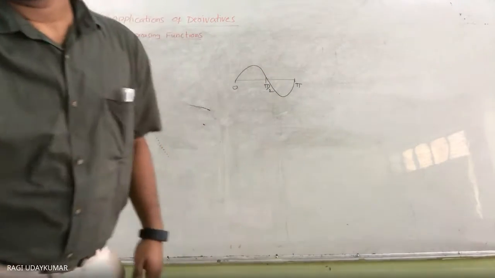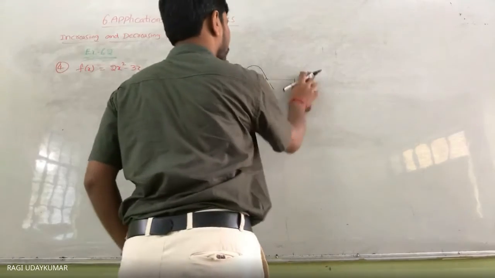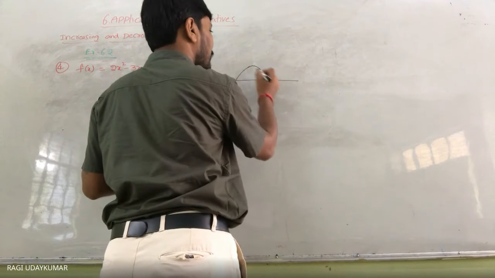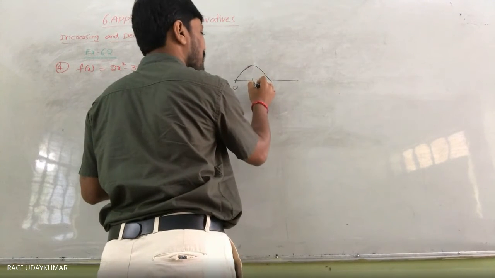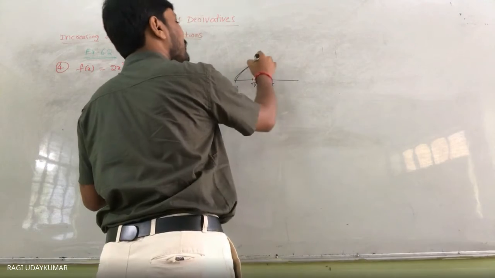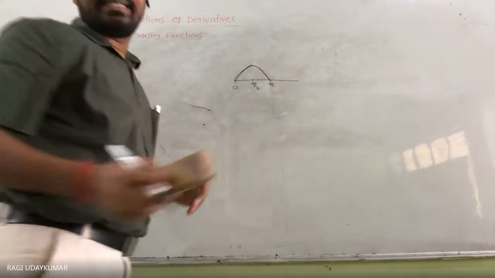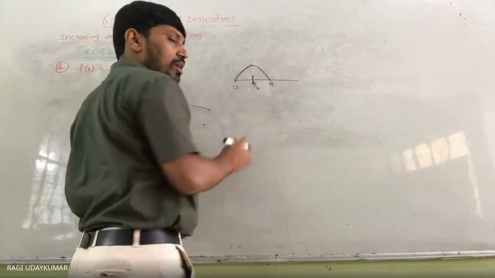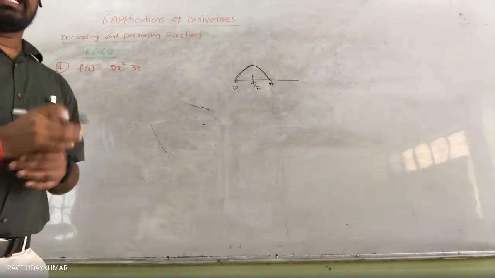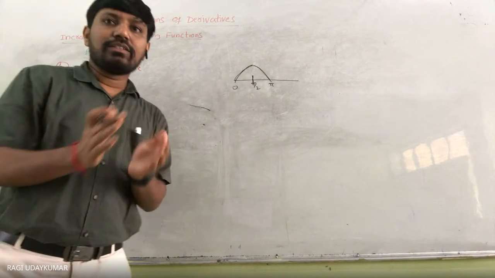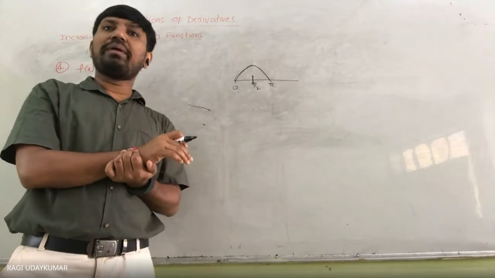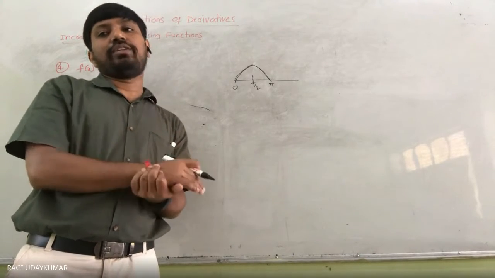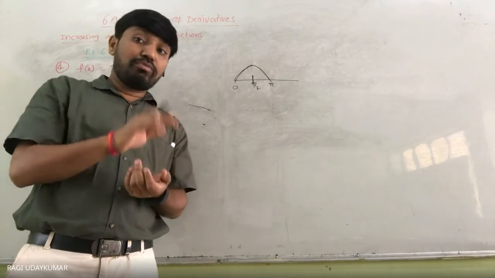Oh sorry, wrong. Here, from here to here it is increasing. So this is pi by 2 and this is pi. From here to here it is increasing and from here to here it decreased. So this is called one breaking point. It is going to divide the complete interval into two halves, two parts. That dividing point you need to find out.